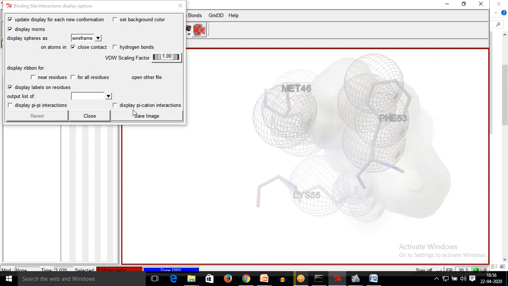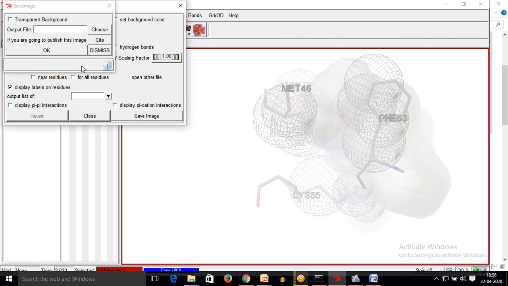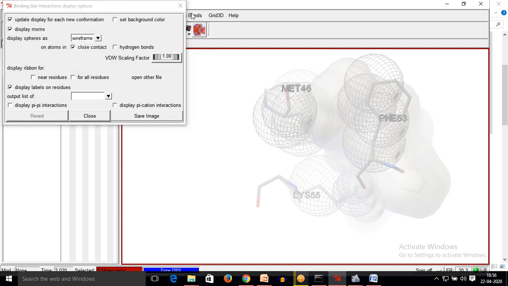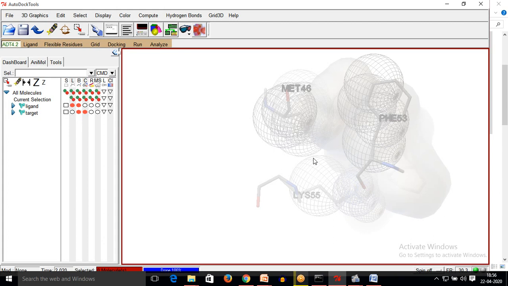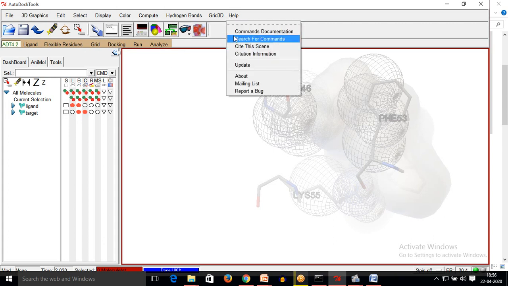So we can see the interactions. Further, we can also save these results in an output file as PNG images, and we can use this in several literatures. One important thing is that as we talk about the use of Autodock, we must cite the Autodock results by going on Help, Cite This Scene.